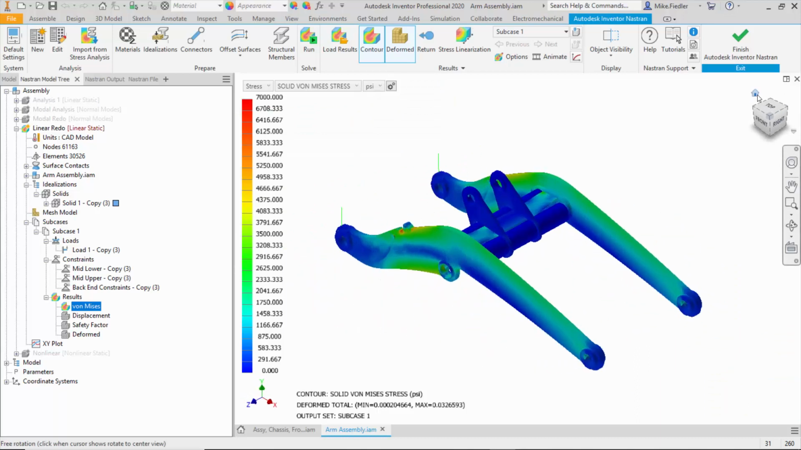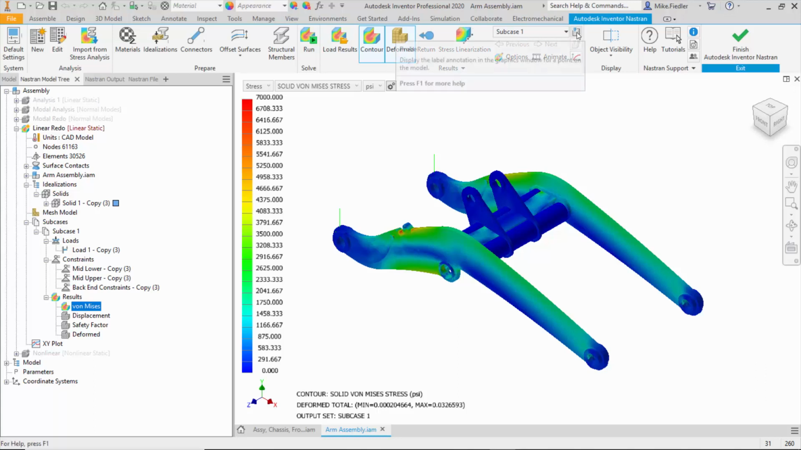So hopefully that helps to highlight some of the major points of what you'd want to do in a results environment. We showed you how to change different results types. We showed you how to inquire on specific points in the model, how you generate the XY plots,